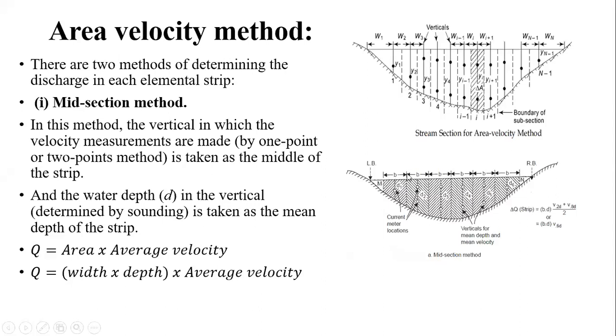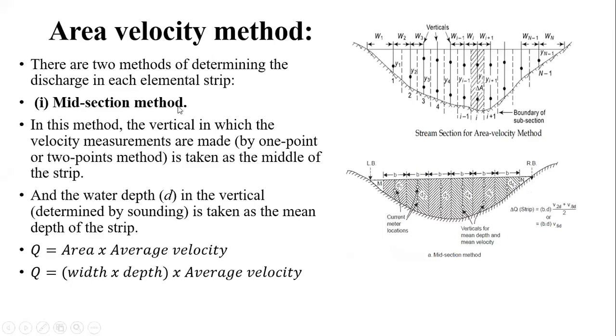ये जो strip रहेगा हमारा B width का, उसका जो मेजरमेंट रहेगा किसका, डेप्थ का और वेलोसिटी का, वो उसके एग्जैक्टली सेंटर लाइन पे लिया जाएगा. D1 यानी कि क्या हो गया, सिंगल पॉइंट हो गया. यहाँ पे दिया है D2 1 and 2. ओके, यहाँ पे भी 1 and 2 है, यहाँ पे भी 1 and 2 है. वो क्या है, 2 point मेथड, यानी कि 2 पॉइंट्स पे हम उसका वेलोसिटी मेजर कर रहे हैं. Those are nothing but the locations of current meters, we can say. Same fashion here also shown. So this is the first section, this is one vertical. This is the second section, this is a vertical. Likewise, we have the application of the mid section method.